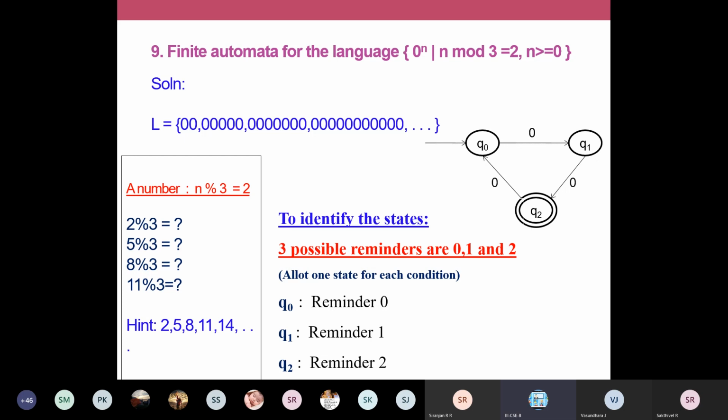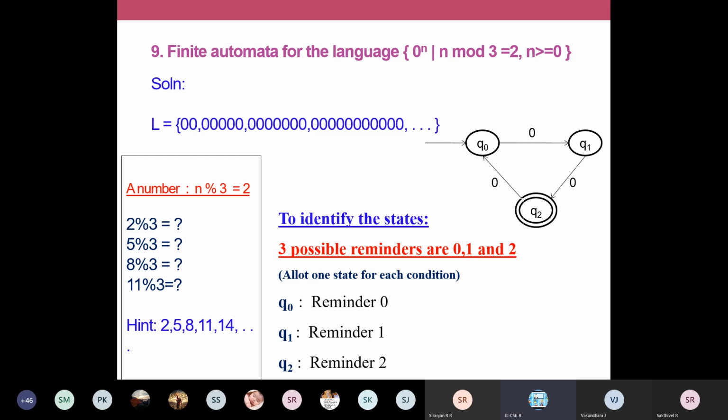Once again, you loop back to Q0: for the third 0, I go to Q0, for the fourth 0, we go to Q1, and for the fifth 0, we come back to Q2. So for 5 zeros, I'm at Q2, which satisfies n mod 3 equal to 2. 5 mod 3 is 2, and for 5, we have reached Q2.